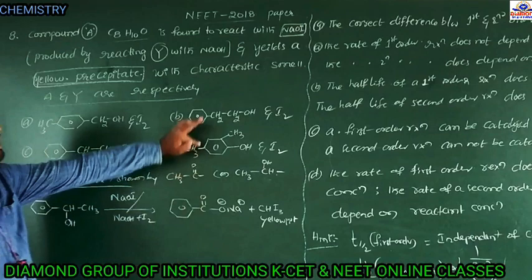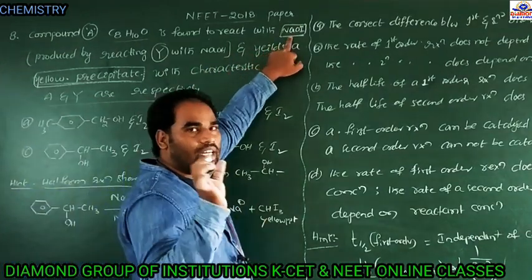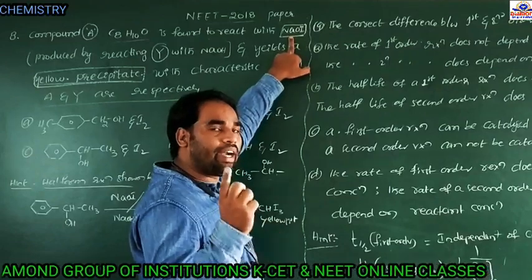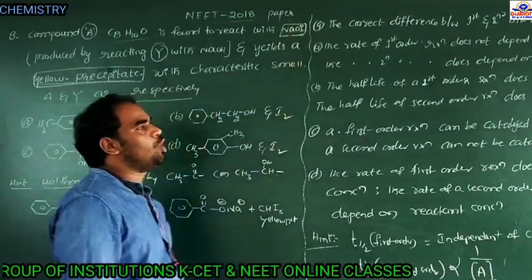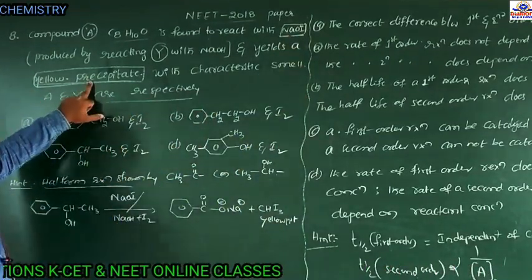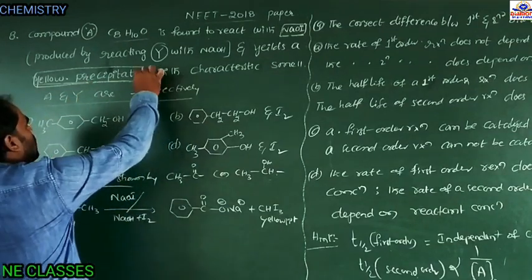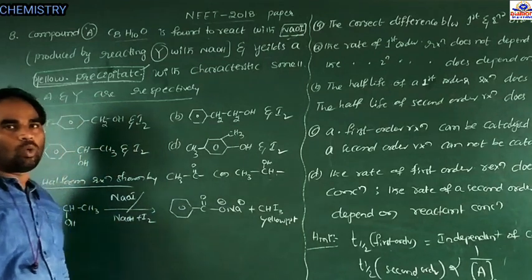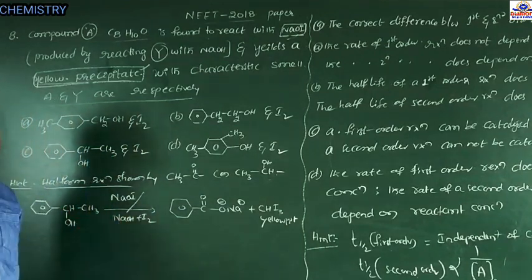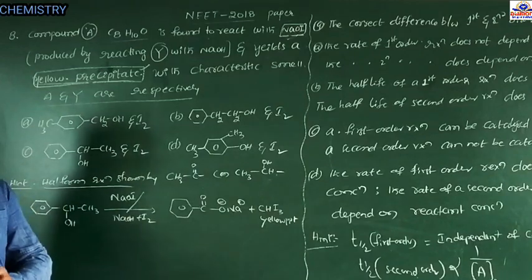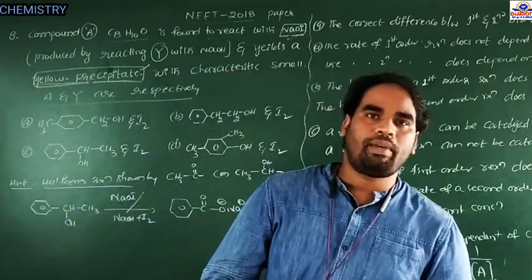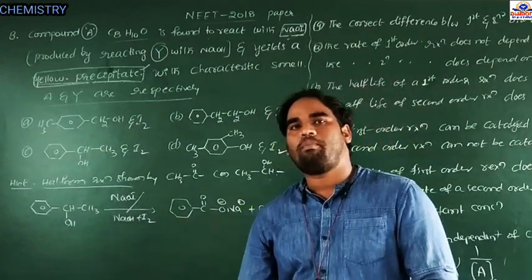In the haloform reaction, NaOI is one of the reactants, and the final product is a haloform. That haloform is a yellow precipitate. Therefore, based on these two clues, yellow precipitate and NaOI, the reaction is said to be a haloform reaction. So the haloform reaction is shown by what kind of components?